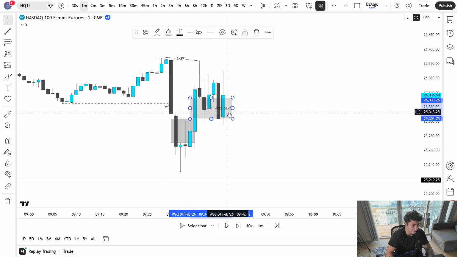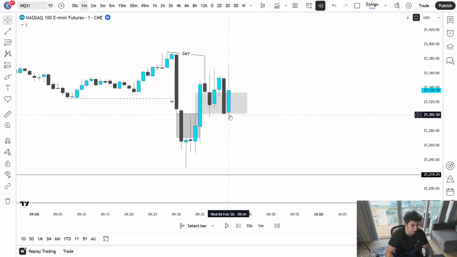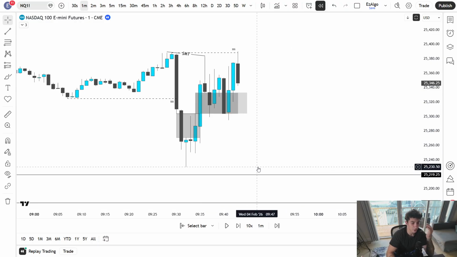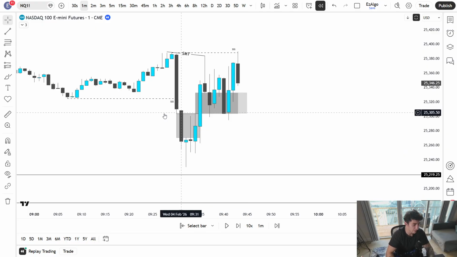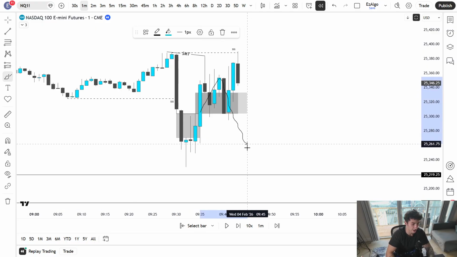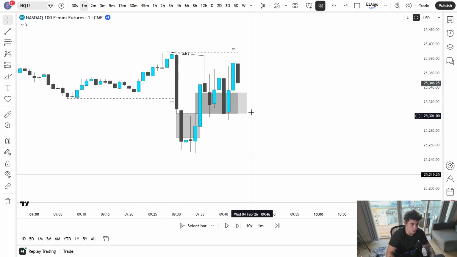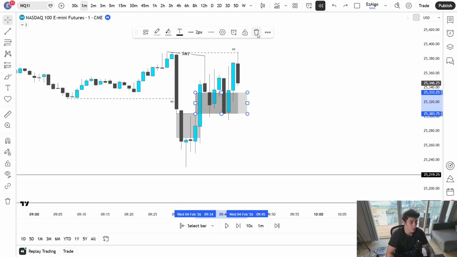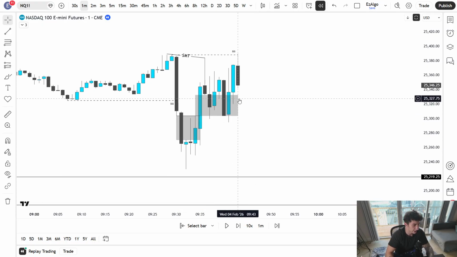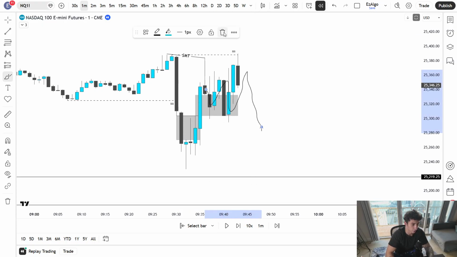We never got a full clear inverse here, right? Like this is not an inverse. Ideally, I would like to take a V-shape inverse fair value gap, okay? So a V-shape meaning, you know, within 2 to 3 candles, a nice inverse and then enter the trade. We did not get that, okay? Because of news, we kind of just chopped around. Normally, I would not take a short like this that, you know, has so many candles before the inversion.